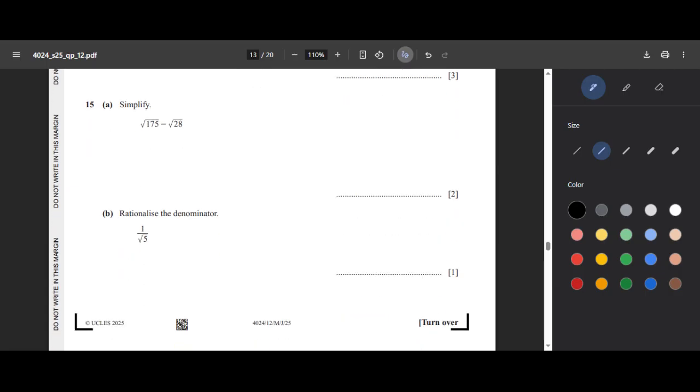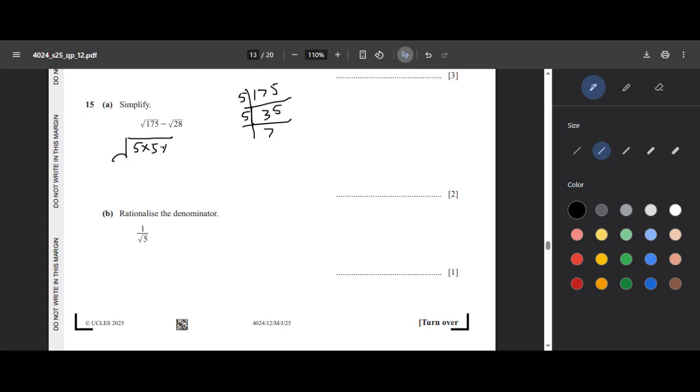I think 15 भी कर लेते हैं. 15 सिंप्लीफाई, हाँ जी 15 तक कर लेते हैं. 15 है सिंप्लीफाई. आप देखें अंडर रूट 175, टेक इट्स प्राइम फैक्टर्स. 175 के प्राइम फैक्टर्स हैं जी, ये 3 पे डिविजिबल आई थिंक. 5 + 7 नहीं, 5 पे डिविजिबल है. 5 3s are 15, 5 5s are 25. Again 5 7s are 35.